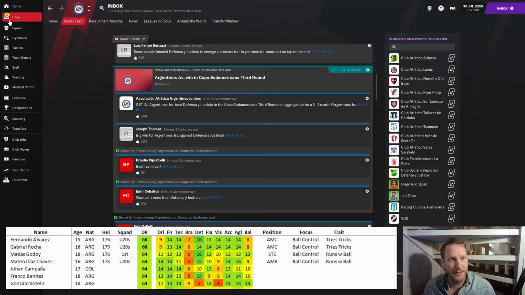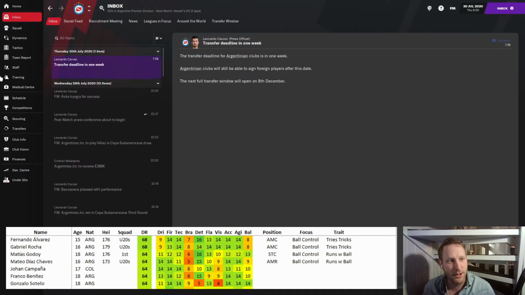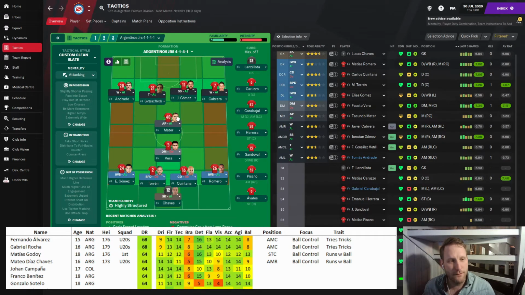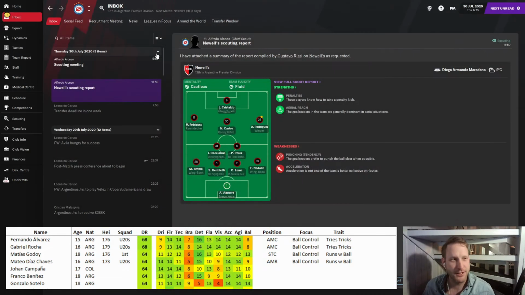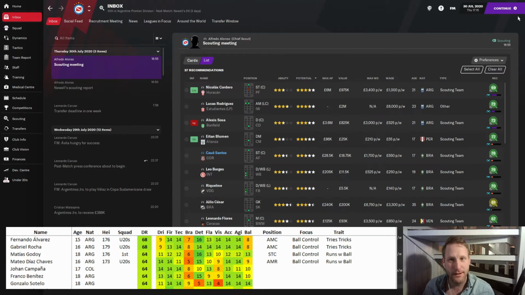That's the idea behind that. I have this 4-1-1-4, and then I have a 4-1-4-1 where we play an advanced forward up there as well. We will see what we can create going forward, but we're going to try to get into the first game and see what it looks like.